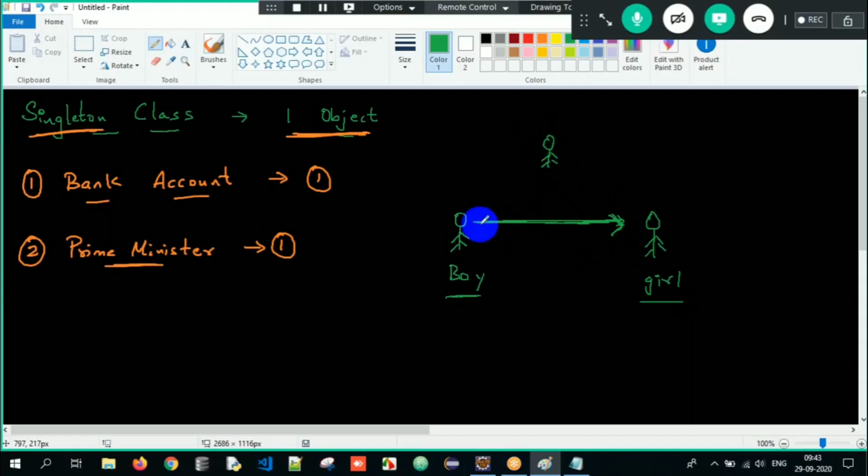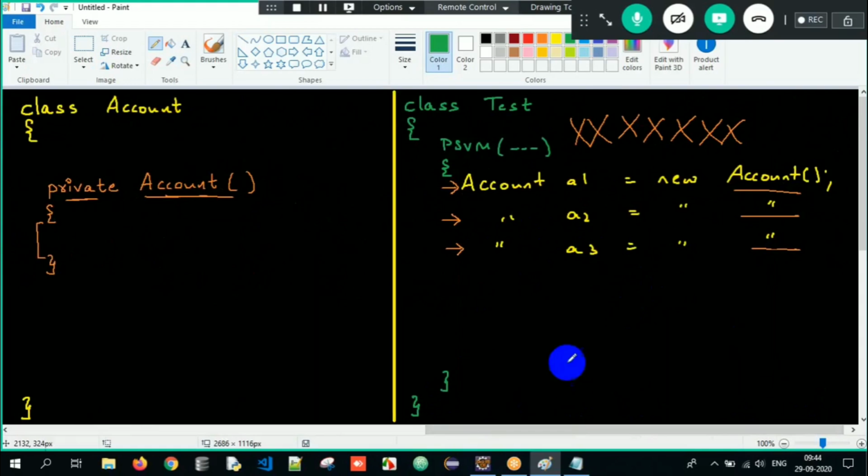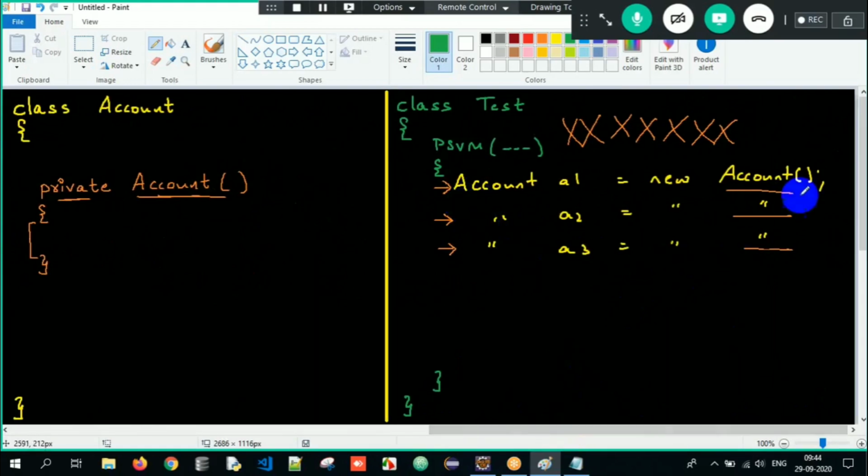The boy will go to his friend and tell him, hey, please get her number. The friend will go to the girl and get her number. Since there is no direct interaction, he's taking the help of his friend, who will get the number for him. Got it? Similarly, since we are not able to create an object in the class,